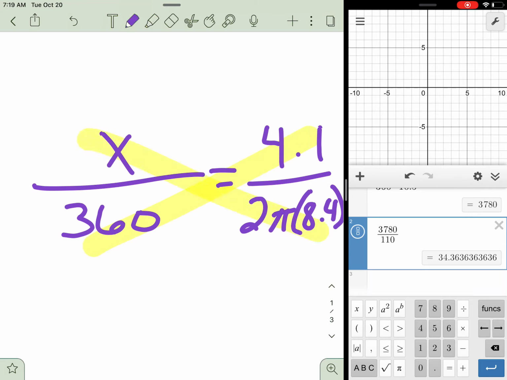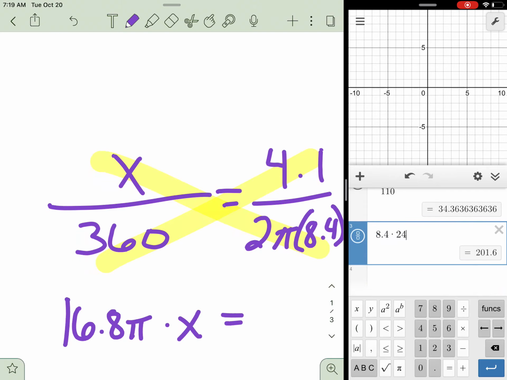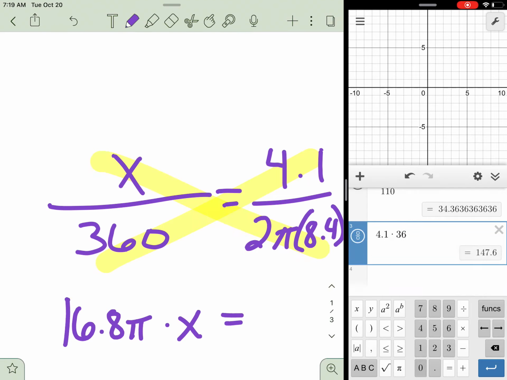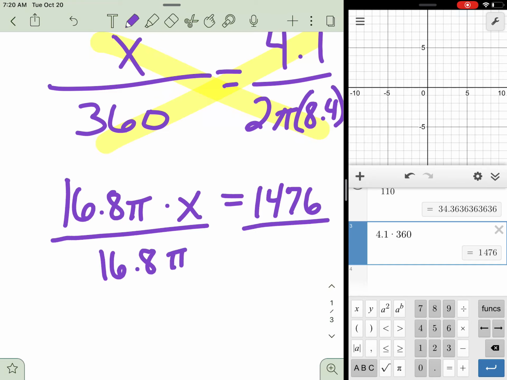All right, so I have 8.4 times 2 is 16.8, so I have 16.8 pi times x equals 4.1 times 360, which is 1,476. Okay, so we want to get x by itself, so we're going to divide by 16.8 pi, divide by 16.8 pi, x equals